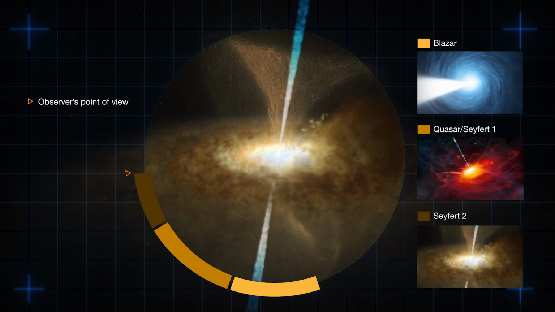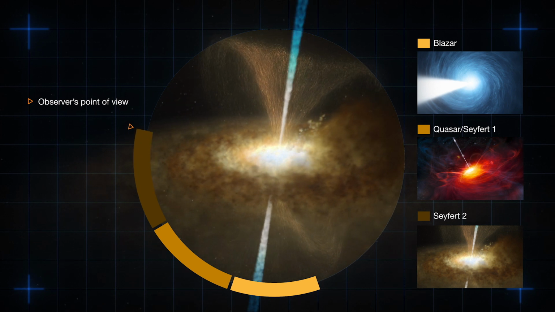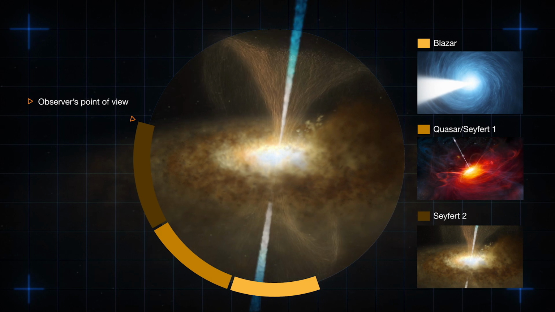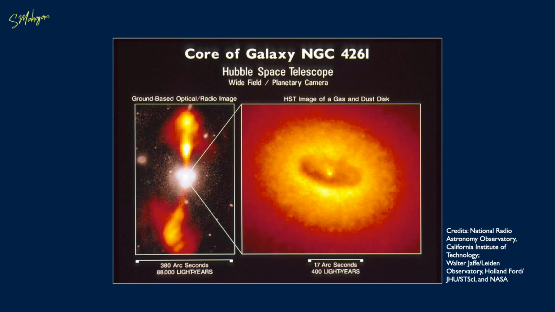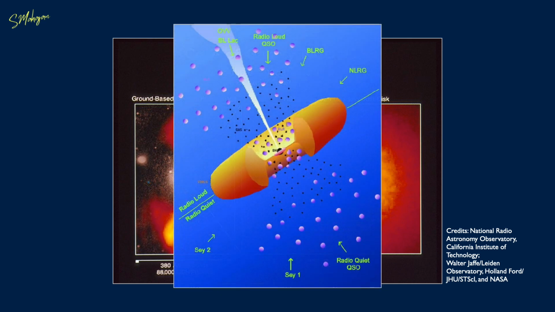Although several aspects of this unification theory are still debatable or less understood, observations do provide some evidence in their support. For instance, see this image of the center of the elliptical radio galaxy NGC 4261 in the Virgo cluster. The HST image of the center of the galaxy clearly shows a torus of gas and dust surrounding a central bright source. Although the supermassive black hole could not be resolved, note that the obscuring torus with a radius of about 70 parsec is normal to the radio jets extending 15 kiloparsec from the nucleus. Such observations strengthen unification theories such as those suggested by Urry and Padovani in the year 1995.